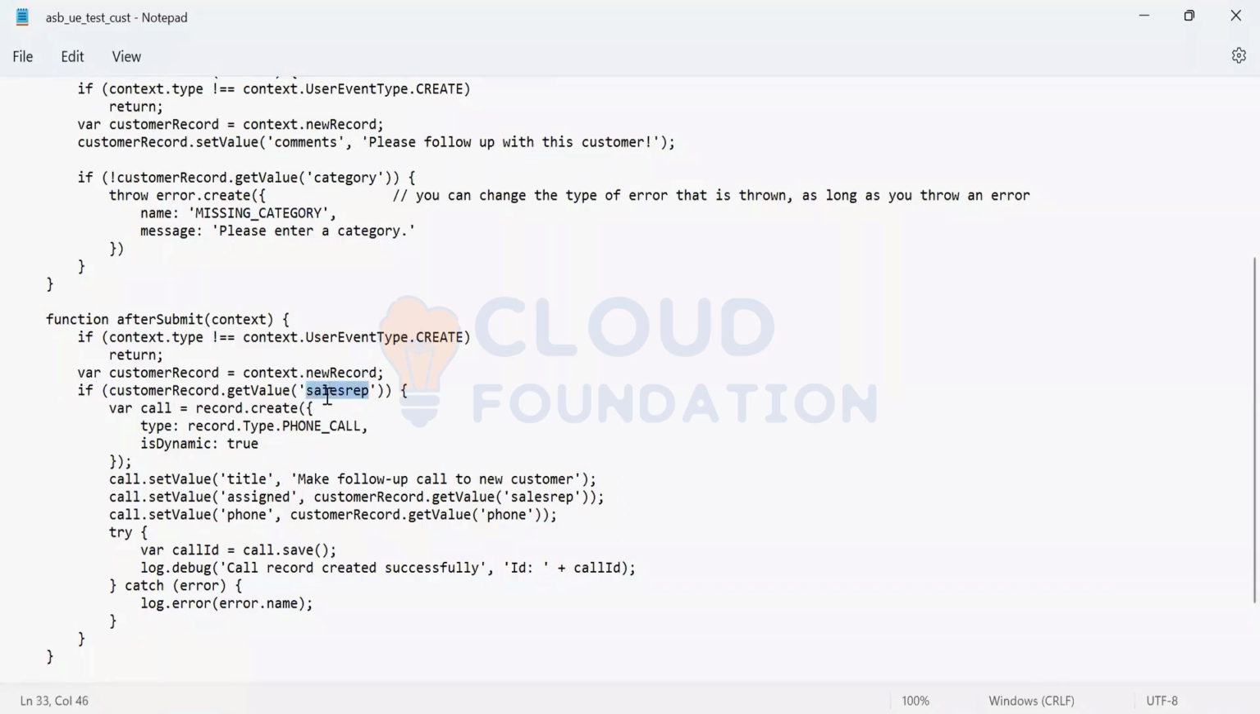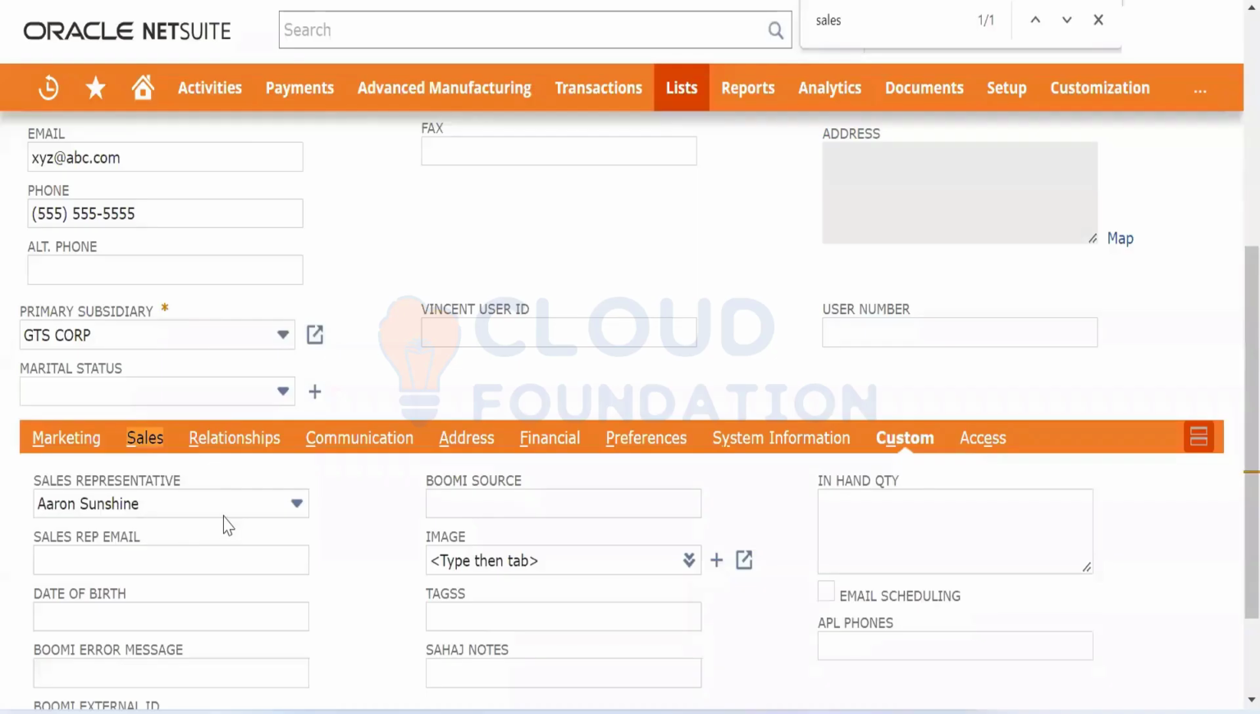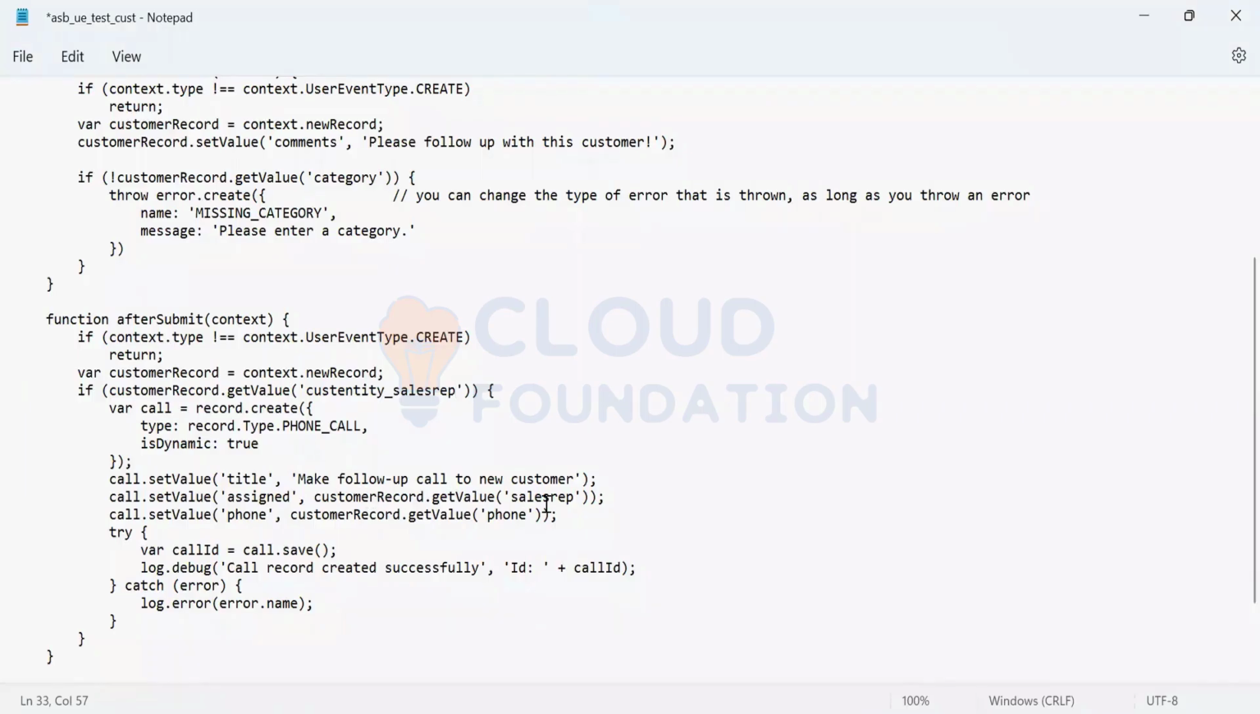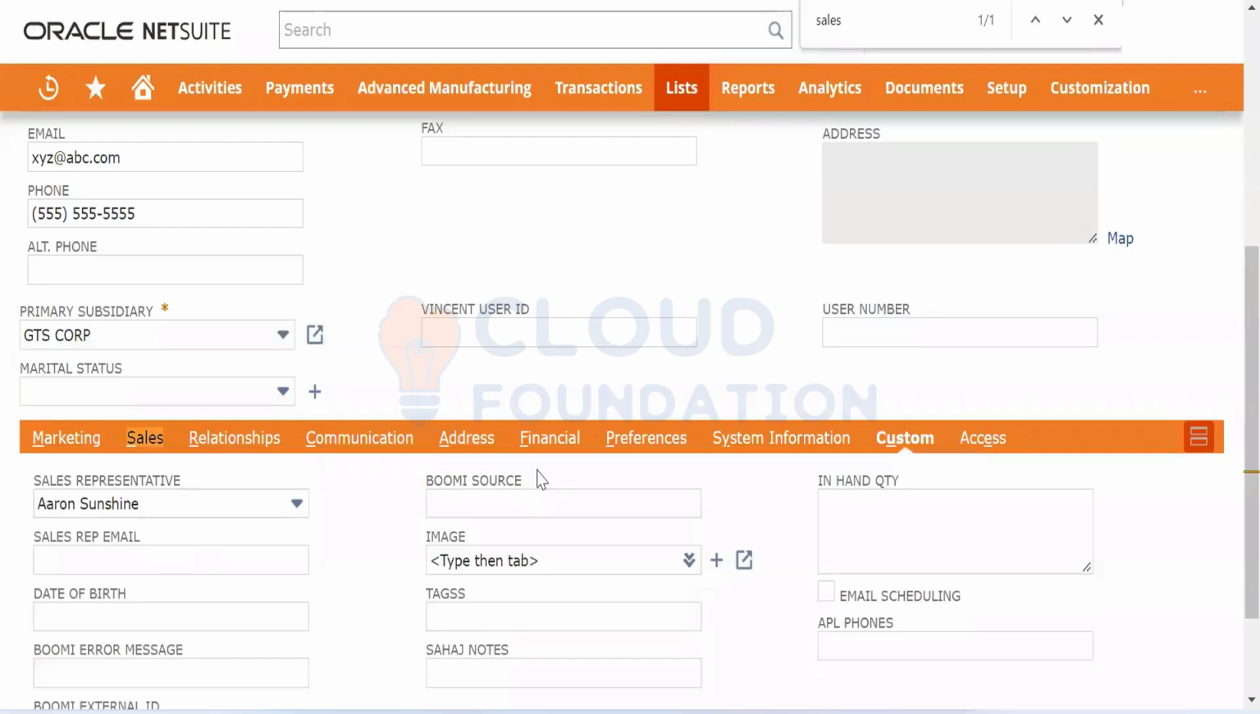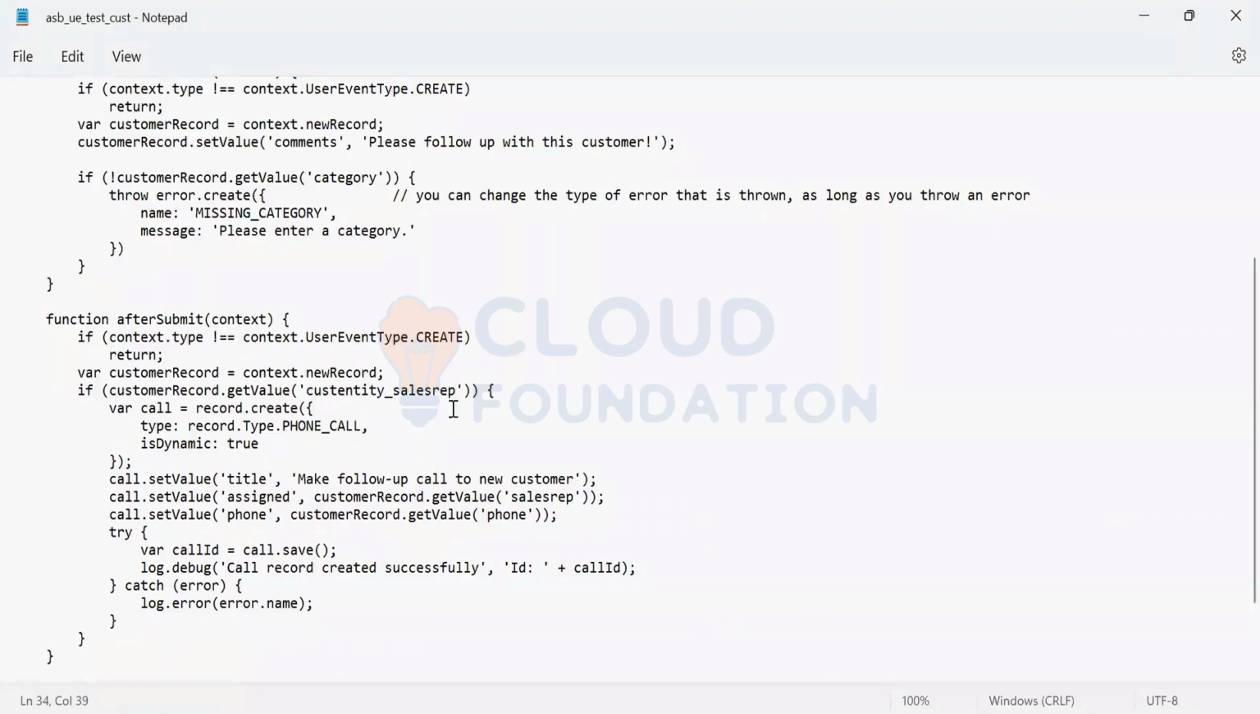Instead of sales rep, I will use the get value. If the value of sales representative is nothing, then we'll create a phone call for this field. So what we are doing here, and after submit, we are setting